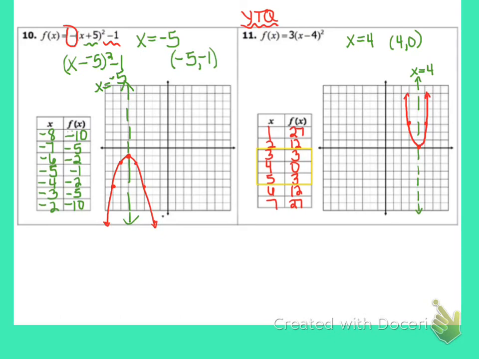So again, thanks for giving that a try. So you probably picked up right away that this is going to be a vertical stretch. We have the 3 out in front. And so when you have a vertical stretch like that, and the limited space we have on our coordinate plane there, you're not going to fit a whole lot of points because all these points are really 3 times further away than they would normally be on the parent function. And so even though I created a table after finding the vertex at 4, 0, and the x of symmetry being there at x equals 4, really I was only able to fit one point on either side of that